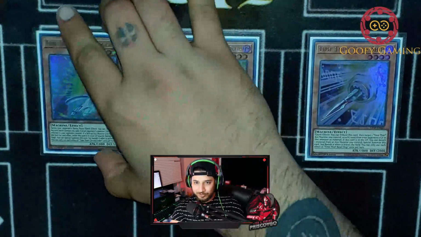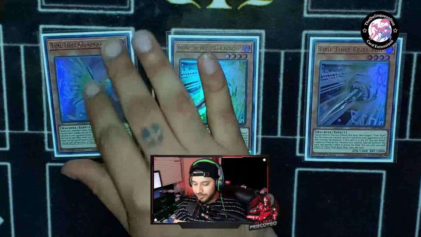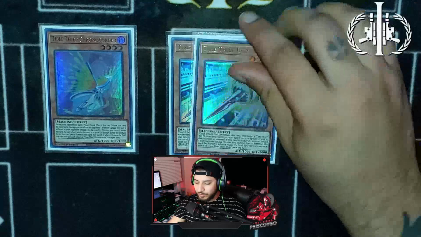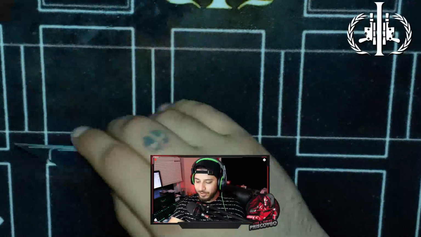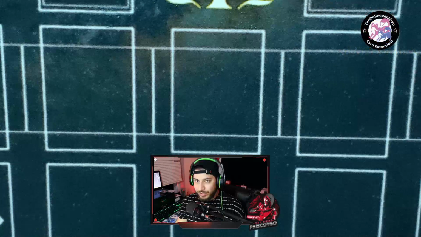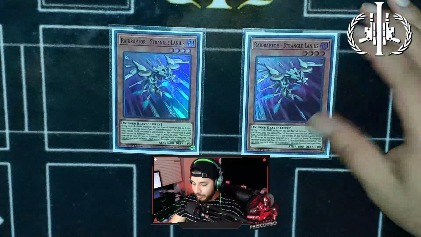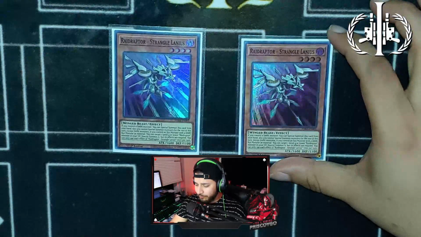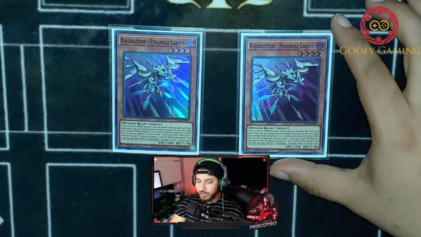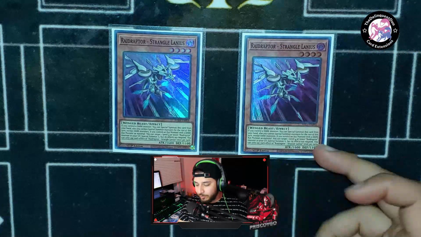It tributes itself for cost during your opponent's battle phase. Next damage that you take, your opponent takes instead, which can probably save you a turn if you find yourself in a tight situation. Its effect does come up. The next monster that I'm playing is just a generic extender that we don't really care about using. Raid Raptor Strangulanius has been seeing a lot of homes in a lot of Time Thief builds, specifically because this